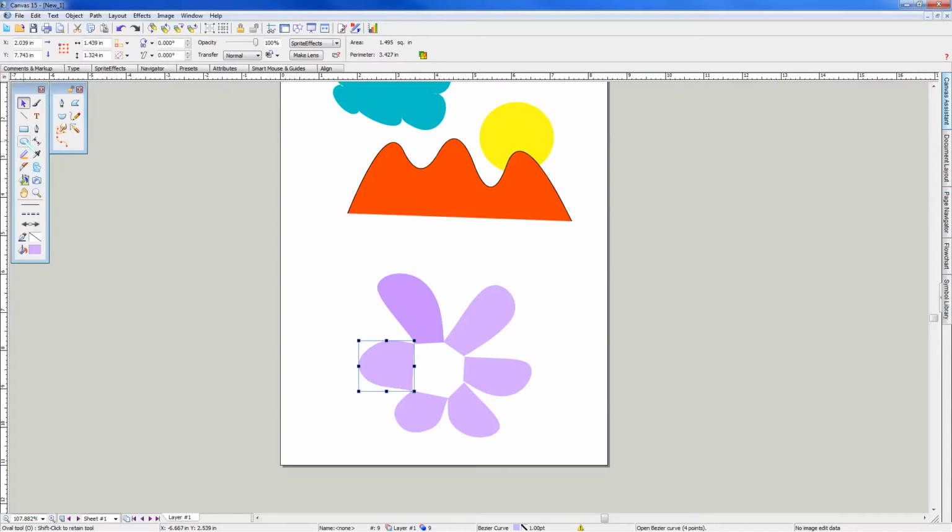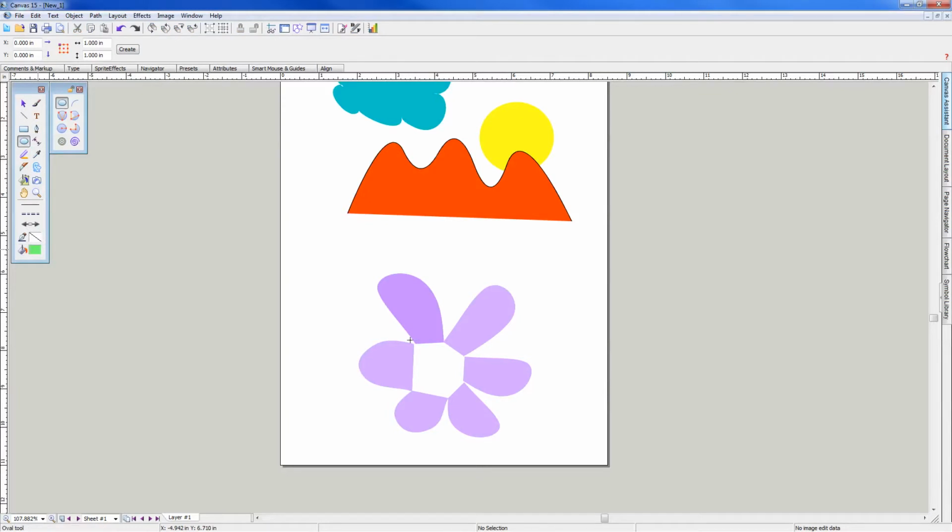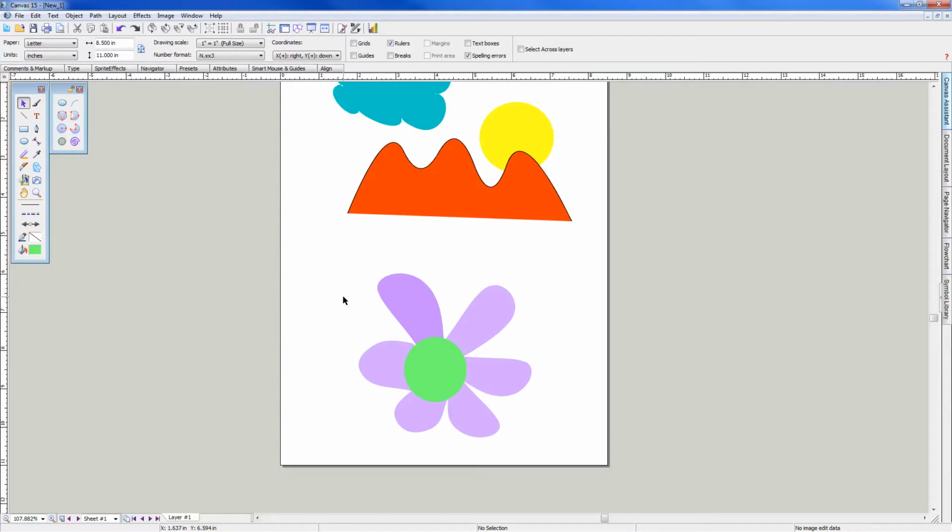And I'll select my oval tool, and I'll give it a different color. Fill that in the center. So that's one way of making your flower. You can make separate petals, so then if you need to change each individual one, you can. Or what you can do, I'm going to move this off to the side, you can make all the petals